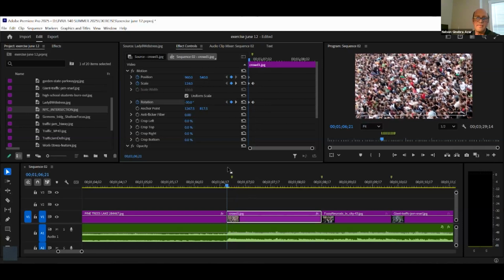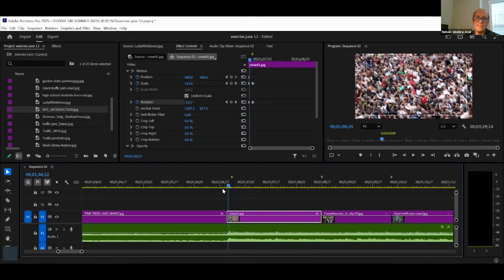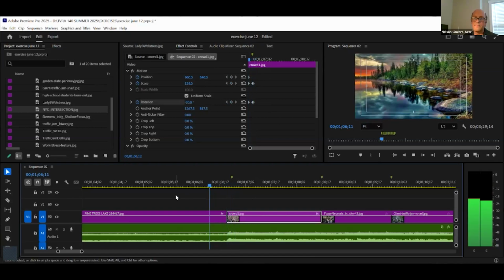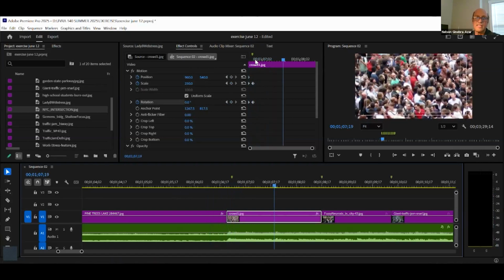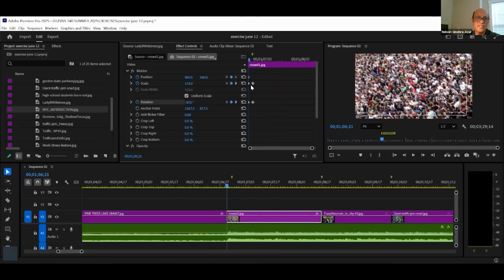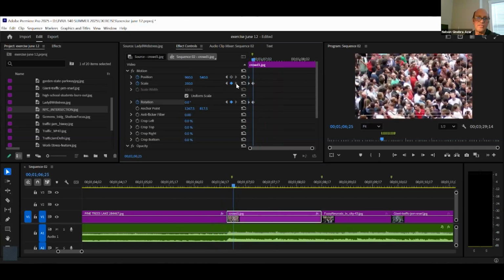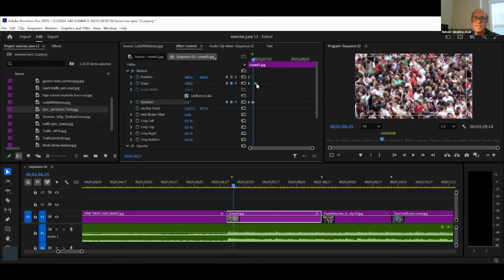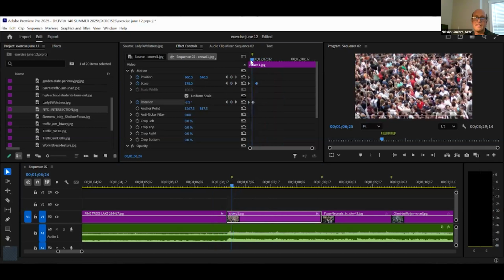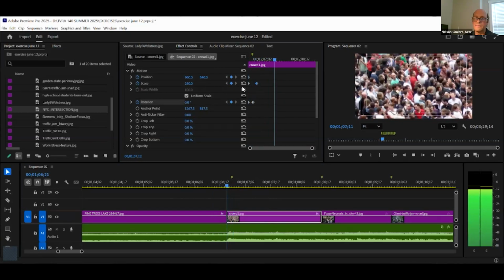And so maybe I want to punctuate this moment. So when it cuts, right? So that's like a very fast move because I have my scale from 124 to 300. If I want to slow that down, I could pull that out, right? And then maybe